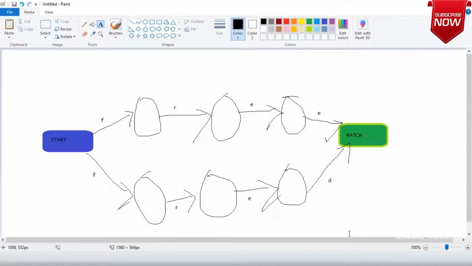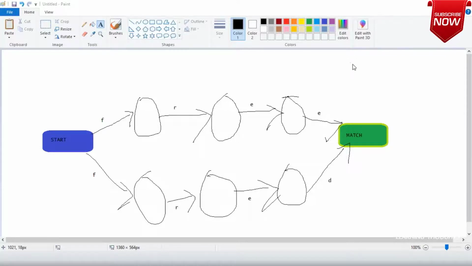Am I clear on this, sir? If you look at the starting point, we have two different ways, right? Even if you give the same input, we have two directions at the starting point, yes or no? Do you agree that at the starting point we have two basic paths? So there is a point of confusion over here. Even if I give the same character, there are two paths.